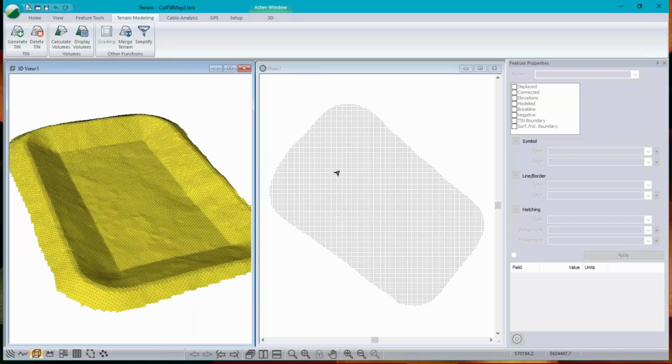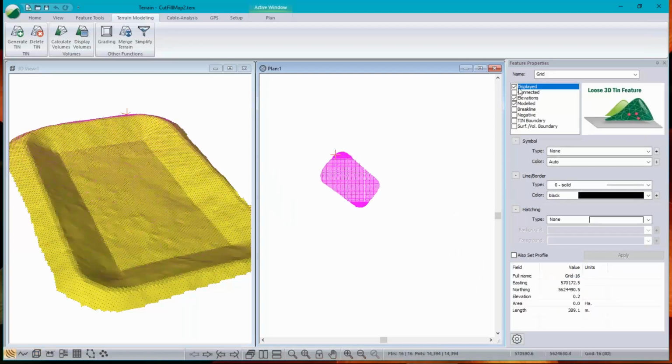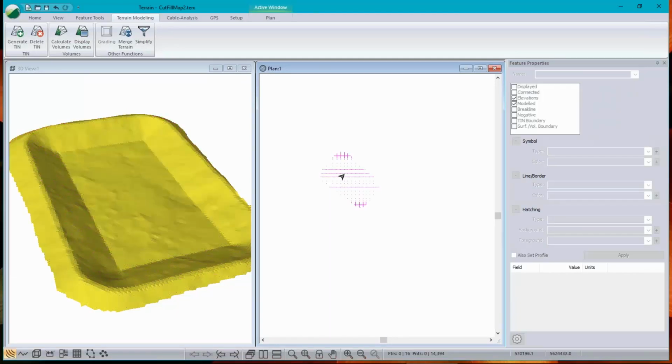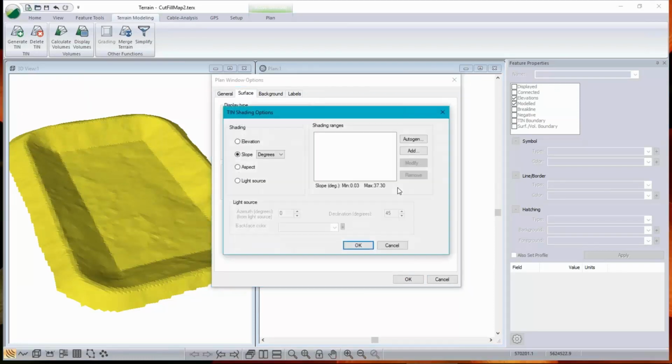And I don't need to look at all these points. They're not giving me any information. I'll just hide them. Disable, displayed, no, apply. Of course, they don't disappear until they're not selected there. That's better. Okay, and now I'm going to turn on shading for my surface. So plan option shading,